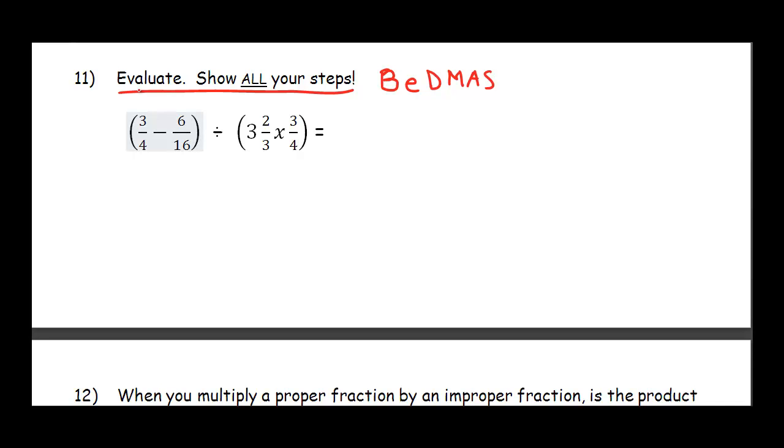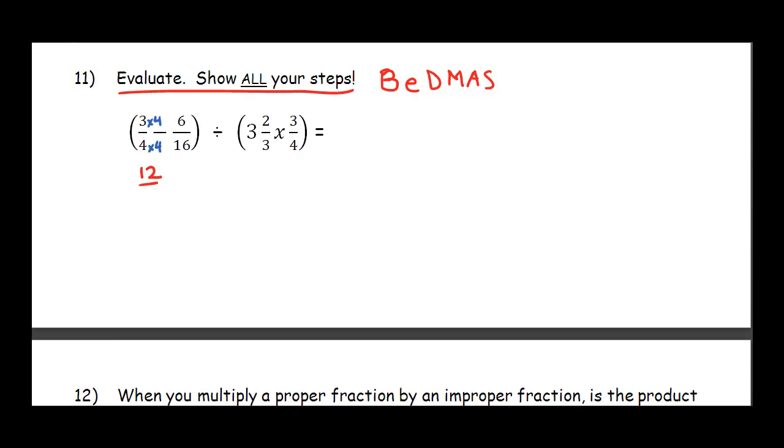So we have brackets here, 3/4 minus 6/16. I can do that. Remember, you have to show all your steps. So I'm going to solve this side of the equation, and actually I can do both brackets first. This one I have to get a common denominator. So I know 4 goes into 16. If I go 4 times 4, that equals 16. So that's a common denominator. So I have to go 3 times 4. So we end up with our new question